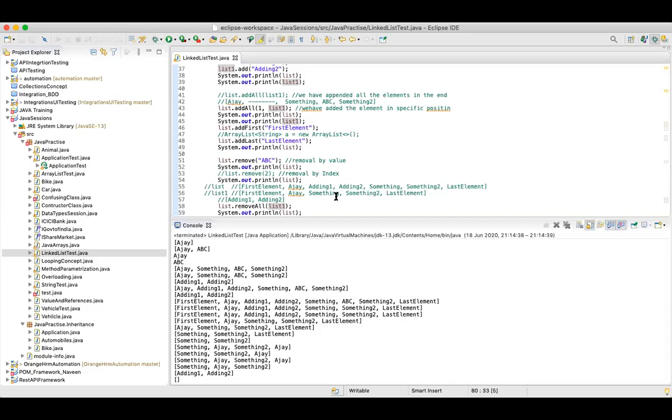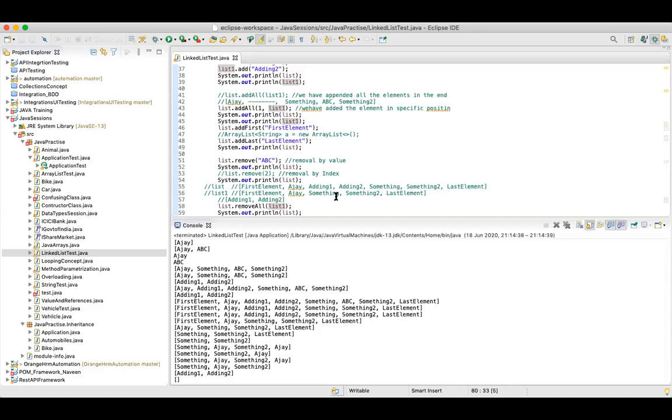But if every time you want to keep on manipulating data, whenever an element is removed from an array list, the elements get shifted in memory, and this will cause some slowness. When you want to manipulate a lot of data, you can use linked list.